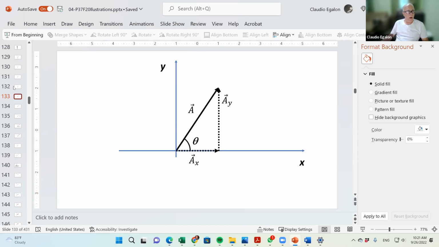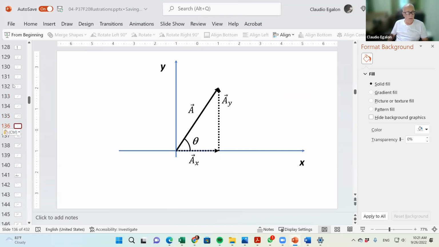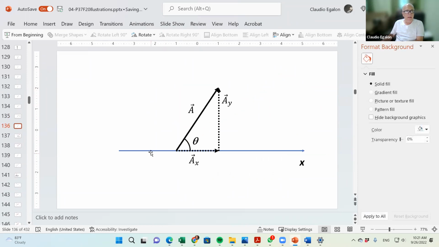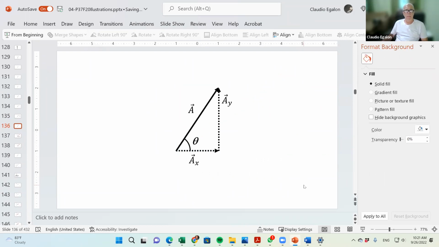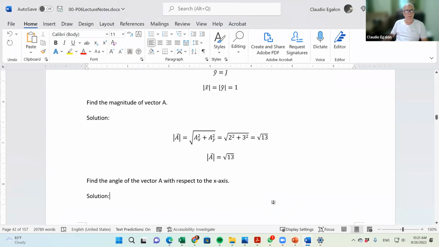Okay, I'm gonna copy that and put it down there in a simpler way. Here you go. I'm gonna take this guy out. We don't even need the x and y-axis anymore. Okay, here you go. And you do know that the tangent of this angle is going to be the length of this side divided by the length of this other side, right? So going back to the solution of my problem, here you go.